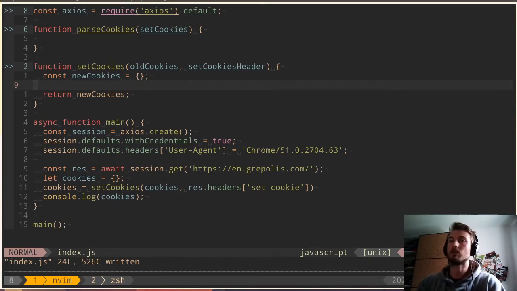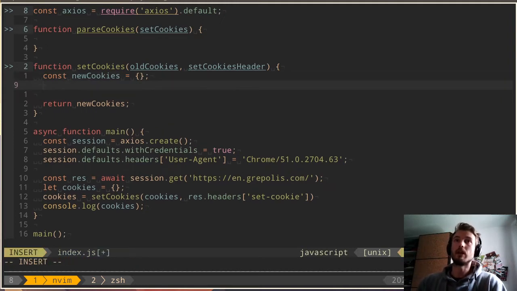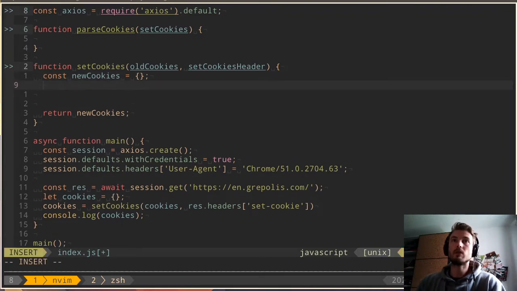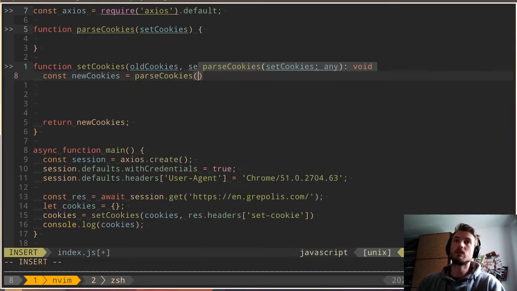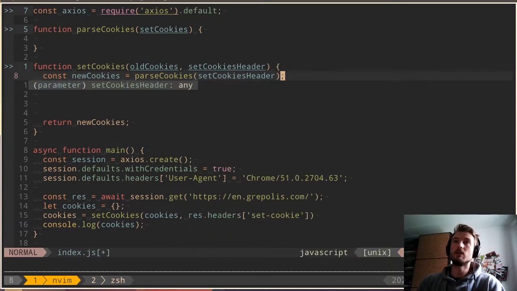This is what our function should do in general. In order to split this function up a little bit so it's not doing like 10,000 things, we want this new parse cookies function over there. So we have const new cookies equals parse cookies, and we pass in the set cookie